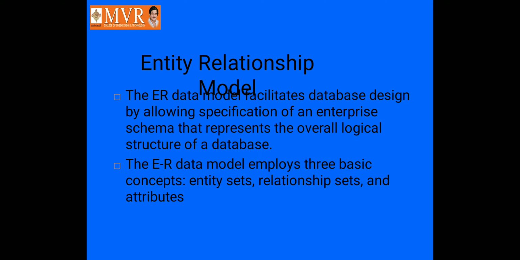In that, the first ID is called a primary identification, and this primary identification we call unique. Suppose I have an Aadhaar card number, no one else has the same Aadhaar card number; that is called unique. So that type of identification of a particular table column, we call a primary key. The primary key will not be repeated in the table. In the same table it will not repeat.